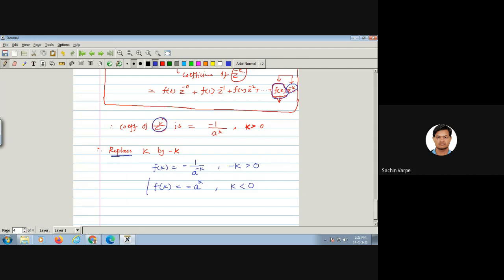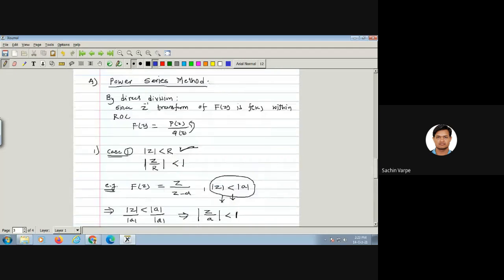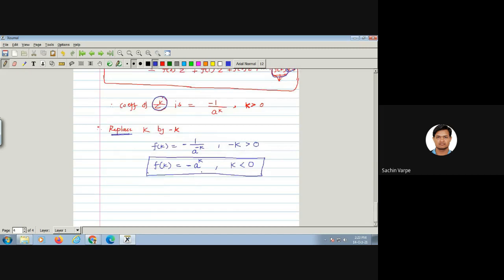So this is your required inverse Z transform. We have started with the f of z to be z upon z minus a. That is what we have given. हम सबको मालूम था कि ये किसका z transform है? This is the z transform of a raised to k, right? But as the ROC is given to be less, there k must be negative. That we all know. Am I right? Yes, sir. So we have calculated the inverse Z transform, and that is minus of a raised to k for k negative.